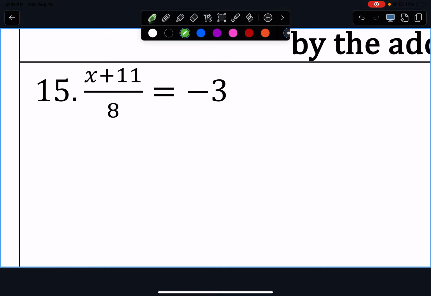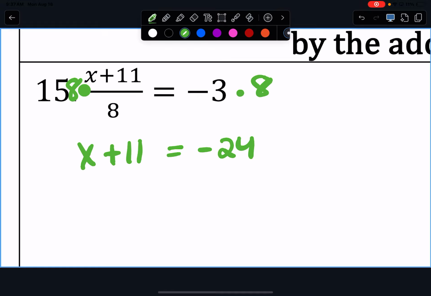The 8. So I would multiply both sides by 8. We get x plus 11 equals, what is negative 3 times 8? Negative 24. All right, then from there, what do I do? Subtract 11. So we get x equals